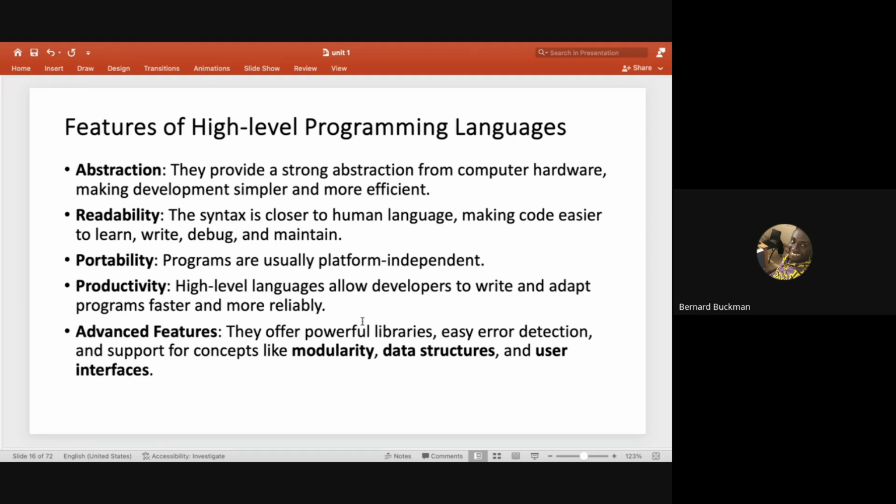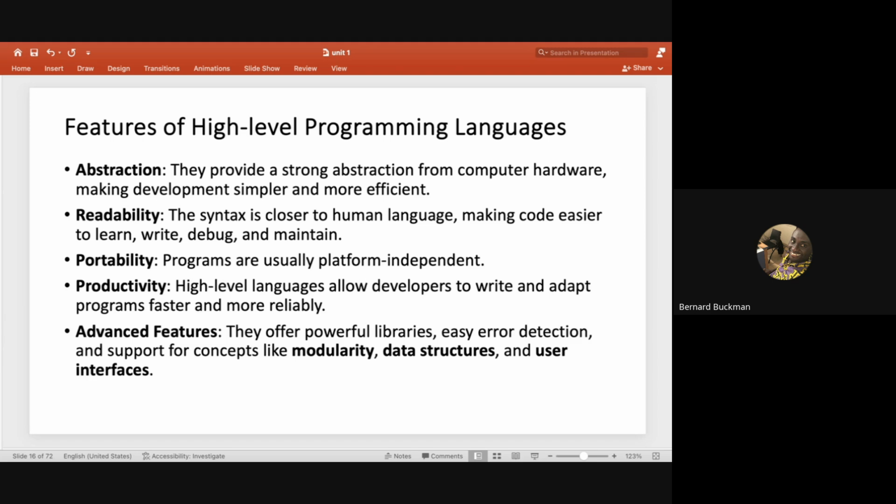So instead of writing a sequence of zeros and ones, 0, 1, 0, 1, you just write add 1 plus 1. To you, you are adding 1 plus 1, but the machine has to understand the zeros and ones. What the high-level programming language does is hide that 0 and 1 away from you, so that when you write add 1 plus 1, the machine on its side will do the zeros and ones, get an answer and return the answer to you.